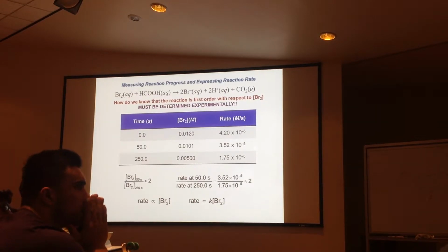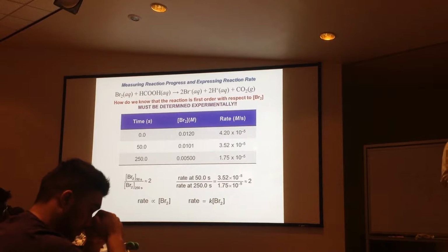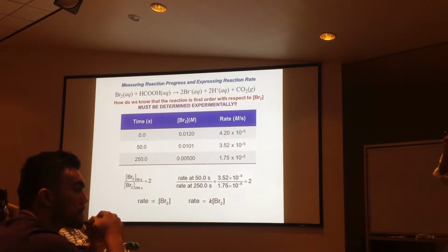But the other part that's not so obvious, and we're going to go through some examples, is that depending on the kind of reaction it is and what the mechanism is for the reaction, this may or may not be raised to the first power. If you guys have seen this before, this will make sense, but if it's what we call a bimolecular reaction, where one bromine molecule has to hit another bromine molecule, it may be that it's